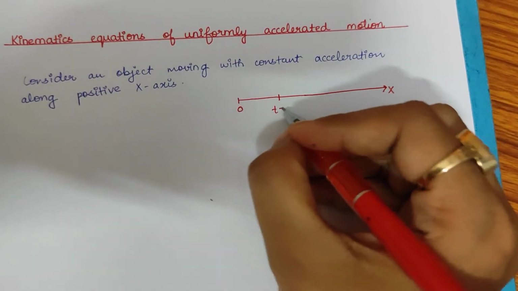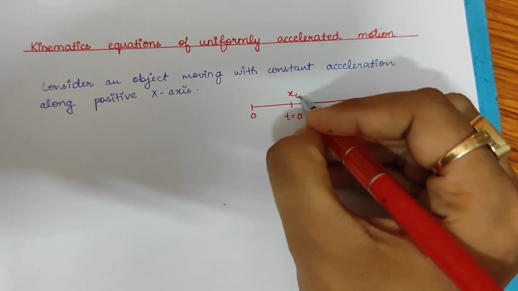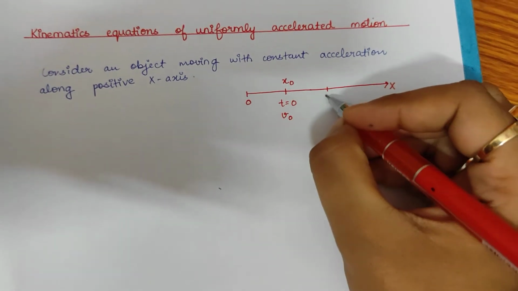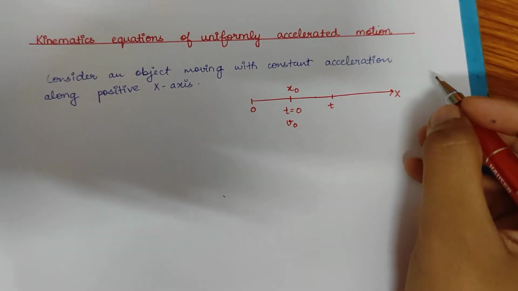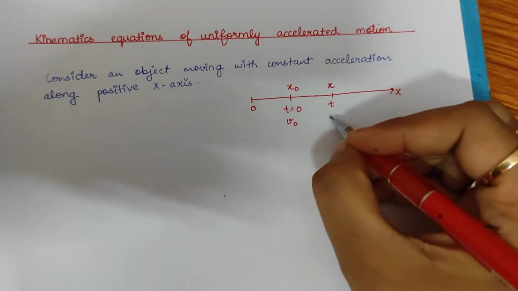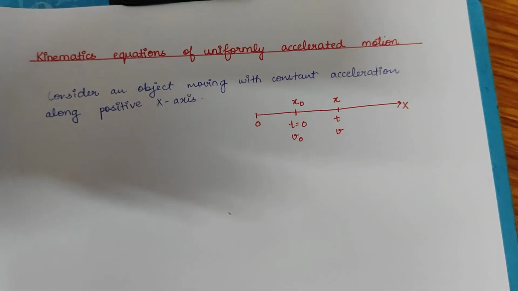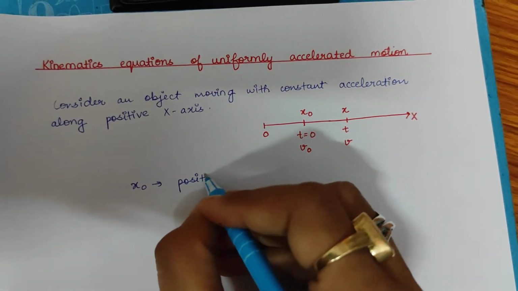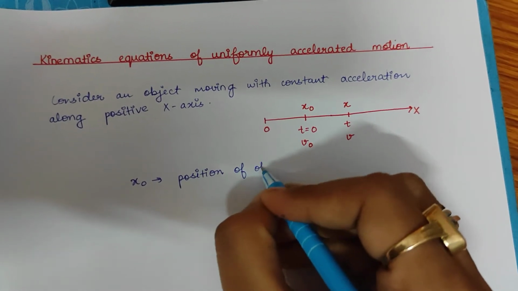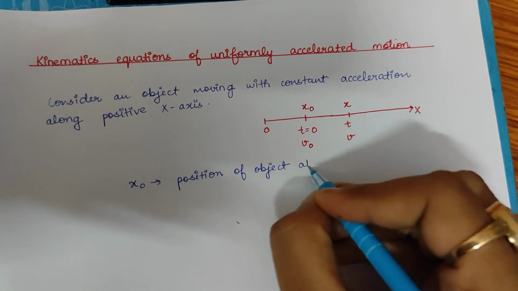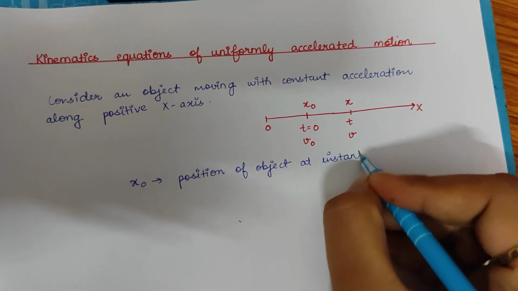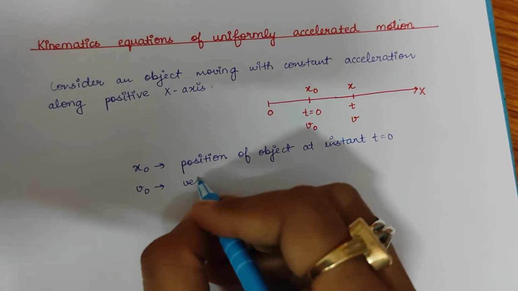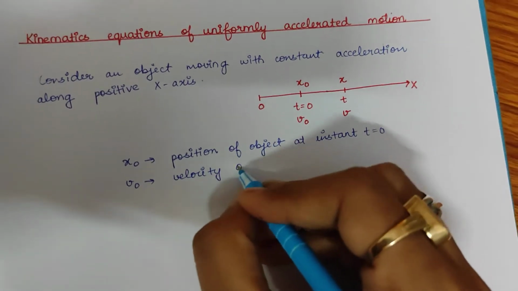So at time t equals 0, its position will be x naught and the velocity will be v naught. But after some time interval t, the position will become x and velocity will become v. So x naught is the position of the object at instant t equals 0, and v naught is the velocity of the object